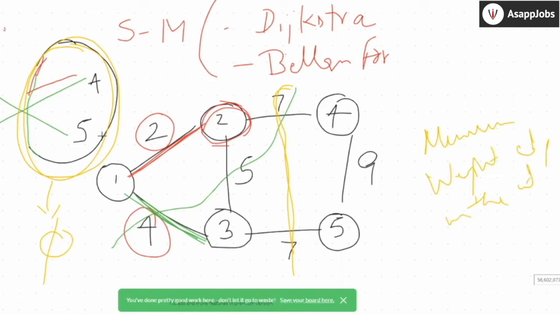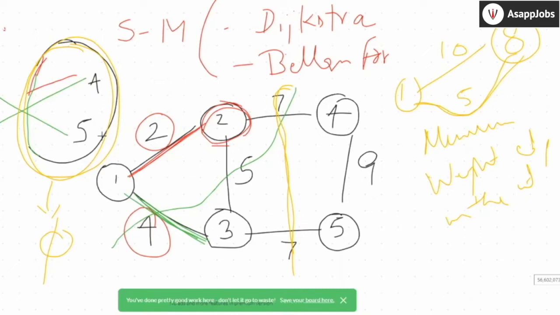Do you have the answer? Yes, thanks. But every time you pick a vertex, there's only one thing that you need to take care of. If I can go from 1 to 8 with some edge, and I can go from 1 to 8 with another path, you want to find the minimum path. So you always keep track of the minimum path I can go from 1 to 8. One path can be 1 to 8 with 10 kilometers, another 1 to 8 with 5 kilometers. You want to pick the 5-kilometer path, right? Because that's what you want to do anyways.